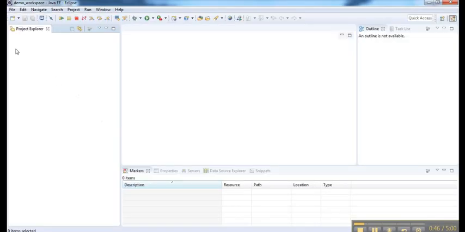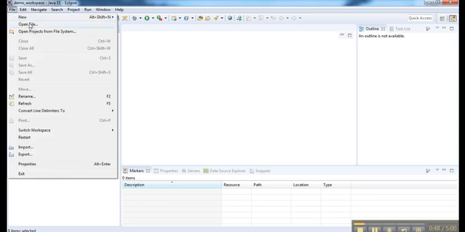So now the next step is to import these things in the Eclipse IDE. As you can see, in the Eclipse IDE, in the file menu, different options are available, in which you have to select the import option for importing the already existing Maven project.